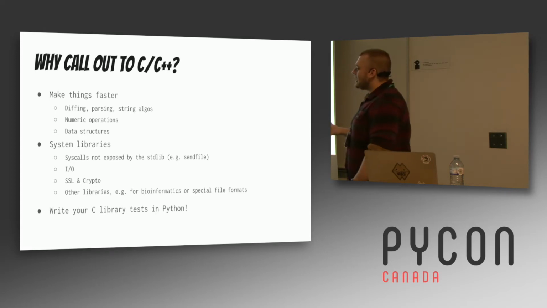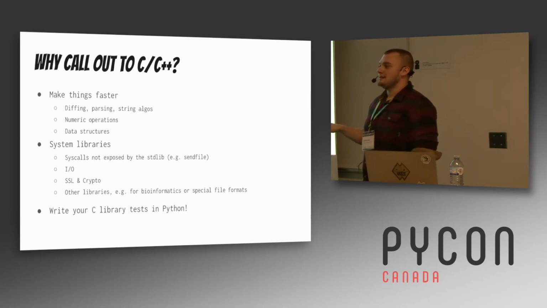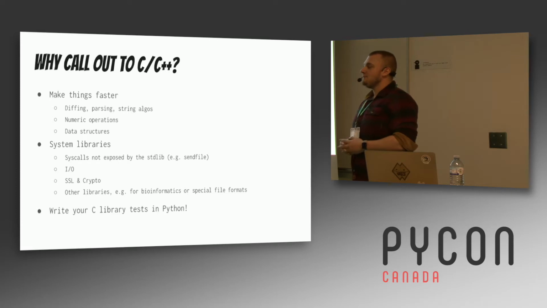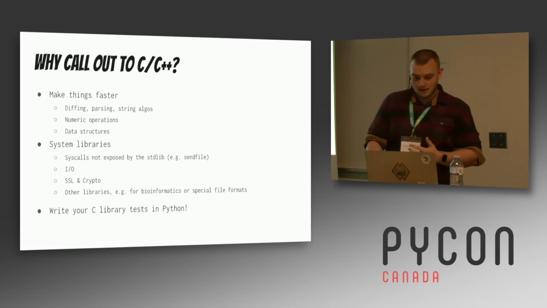And then another not so obvious thing, but actually something really useful: if you're writing a C library, you can write your tests in Python, and this makes it a lot easier to do generative tests. If you just want to generate a large number of test cases in Python and do functional tests at the C API level, writing a Python binding and then driving the tests from Python can actually be super useful and make things a lot easier for you.